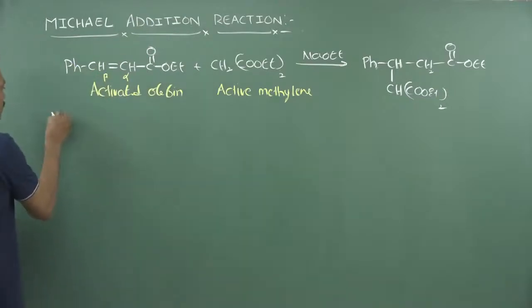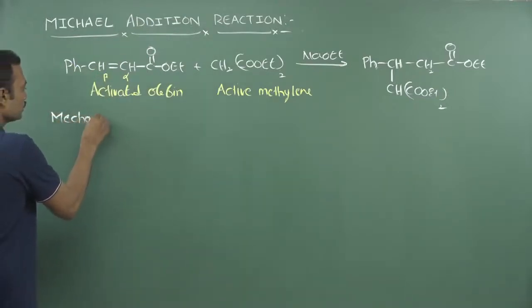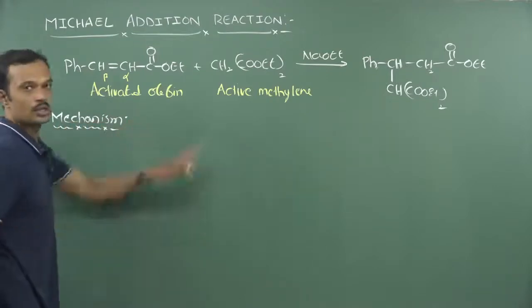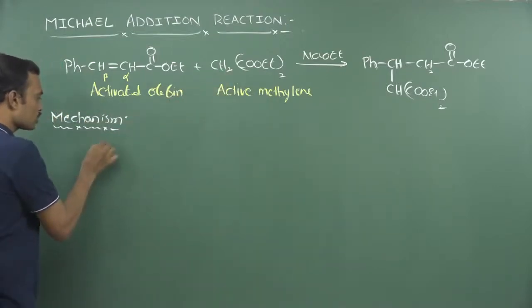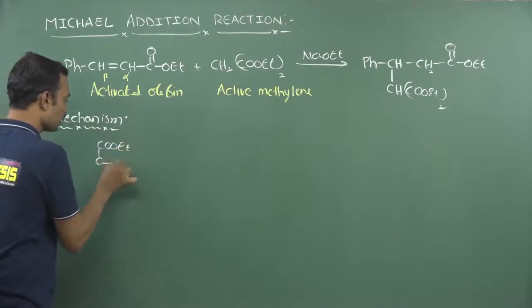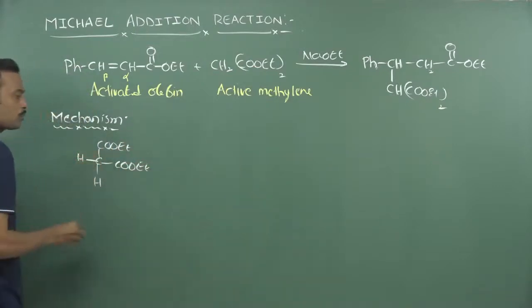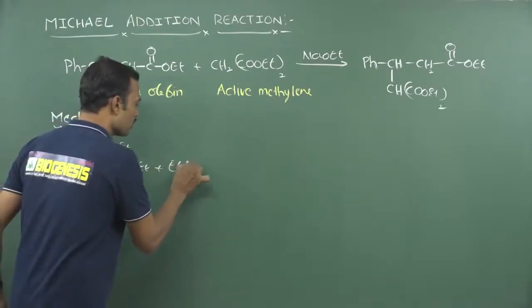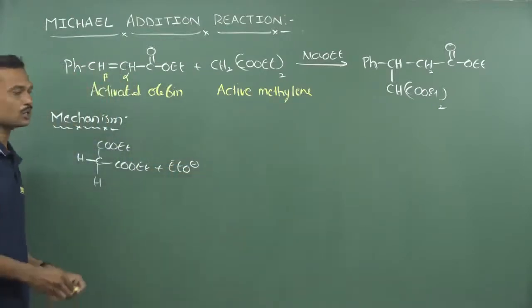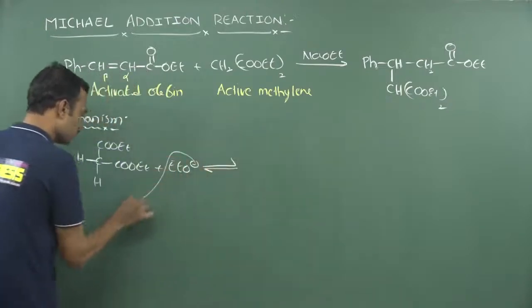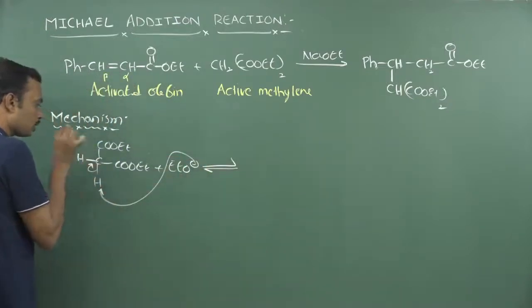Now if you see the mechanism involved in this one, see first which molecule can lose a proton. This molecule carries two hydrogens and here two esters are present, COOEt, here also COOEt, and hydrogen and hydrogen are both present. Now I am using a base, that is EtO minus. It is basic in nature. This will take this proton. It is a reversible reaction. This will take this proton and this negative charge will migrate onto this carbon.